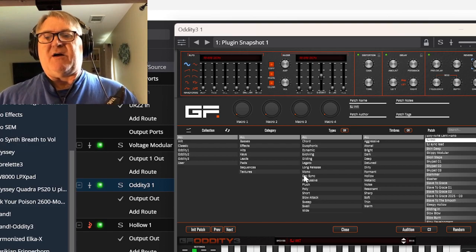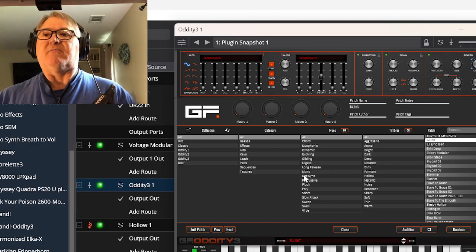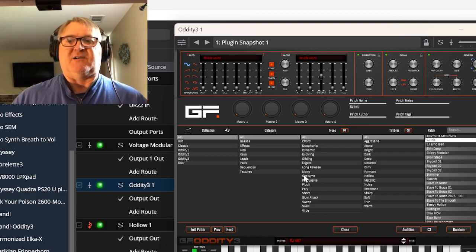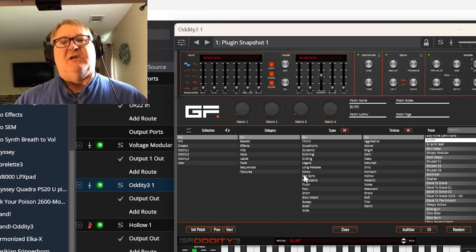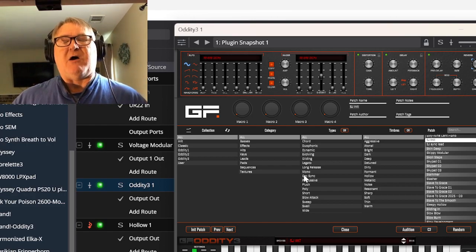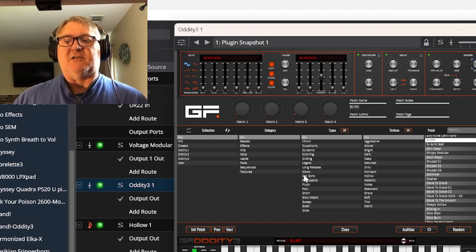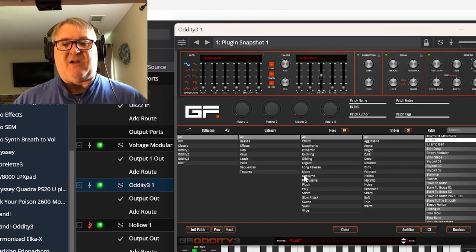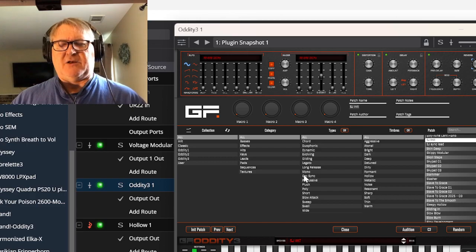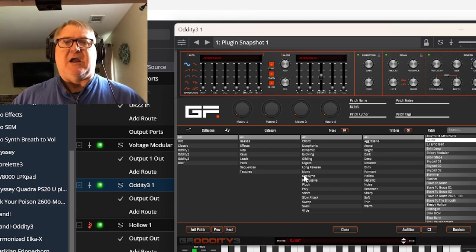But the point of all of this is that Oddity3 is a really useful plugin because you can almost use it as an effect and an instrument, and it sounds good, and especially with the quality of the effects that are in it, it's really nice for things like pads and all that. I think when I first purchased that, I actually got it through the Alan R. Pearlman Foundation thing, I don't know, 2022 or something,